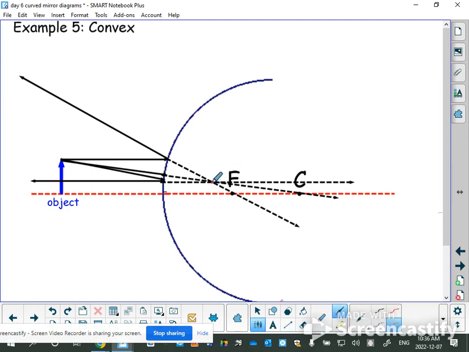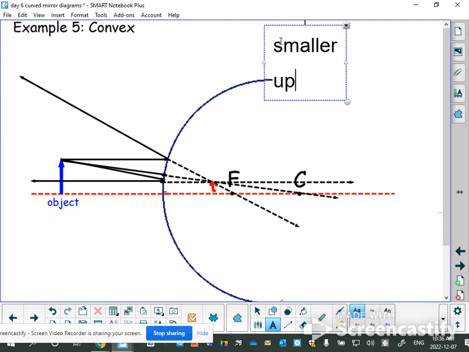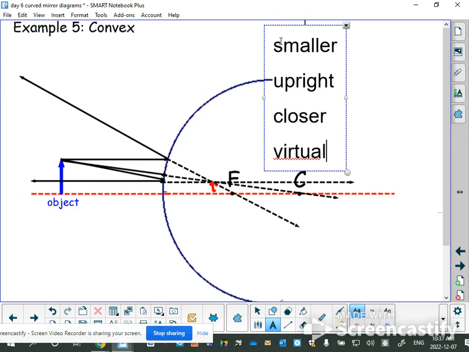That is where I'm going to put the top of my image, draw it in, and then I can describe my image. It is definitely smaller. It's definitely upright. It's definitely closer. And I would call that virtual because you'll see I had to trace back to